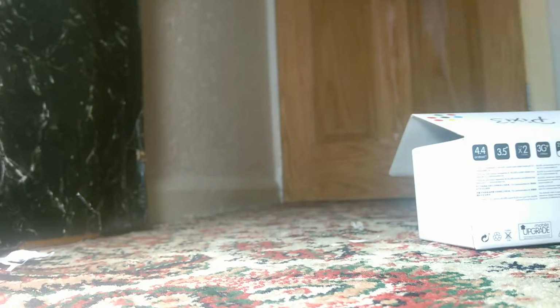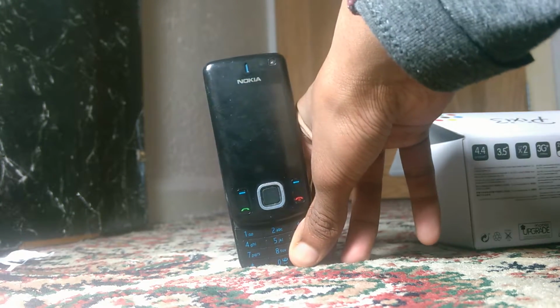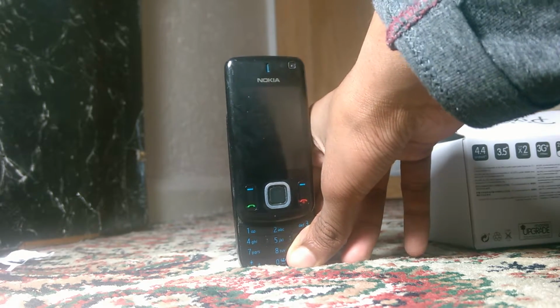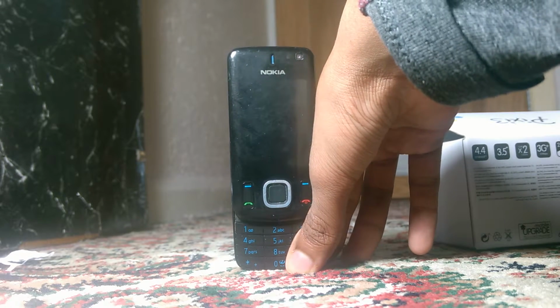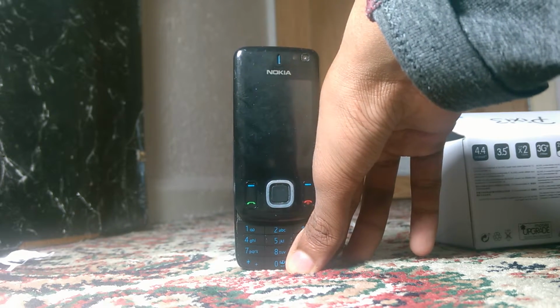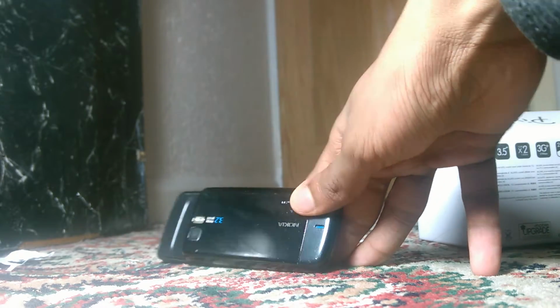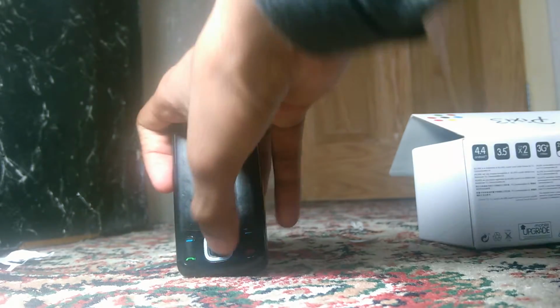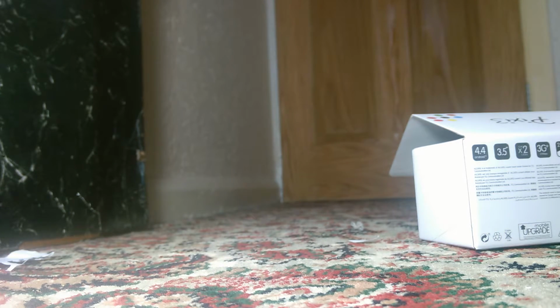And this was what I remember as the best phone I've owned. Well, I did own it, but it's the best phone I've owned as a small person. And it had quite fun games. It had a good camera, 3.2 megapixels, and it was actually very thin, really thin. And to give you a comparison, to show how thin,